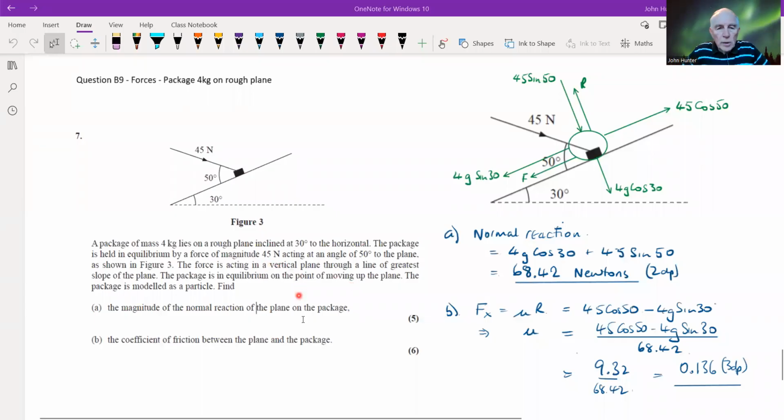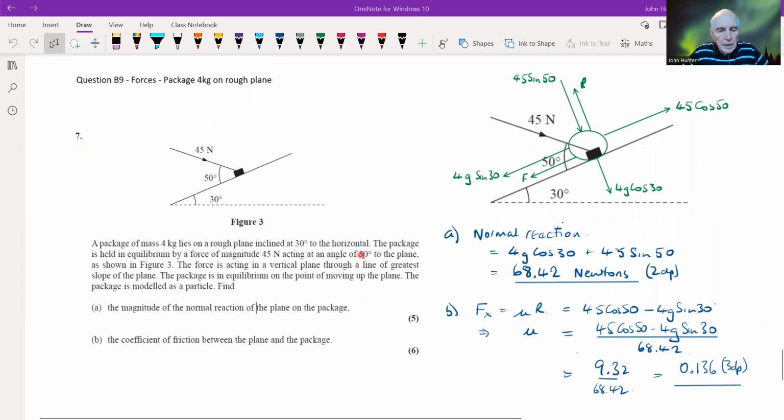Okay, this is a worked example for a forces problem, basically covering normal reaction and friction. A package on a rough plane, a pretty typical kind of problem. Let's have a look. A package of mass 4 kilograms lies on a rough plane inclined at 30 degrees to the